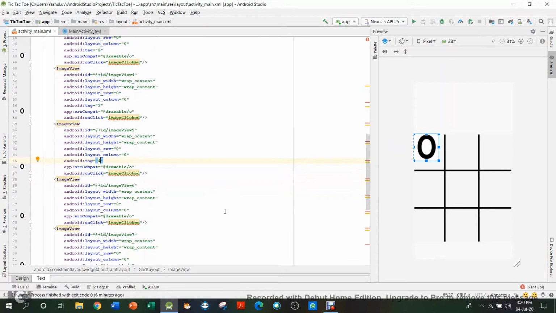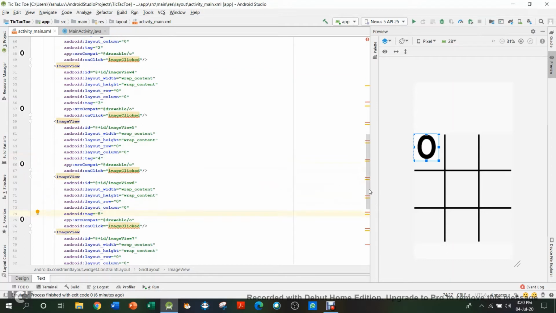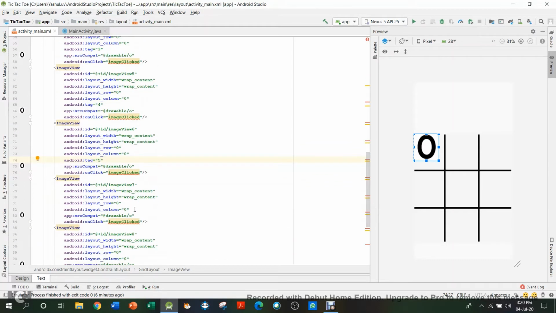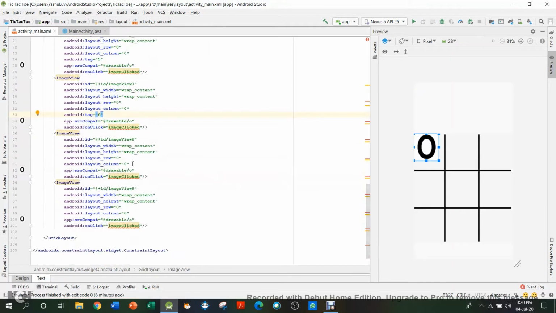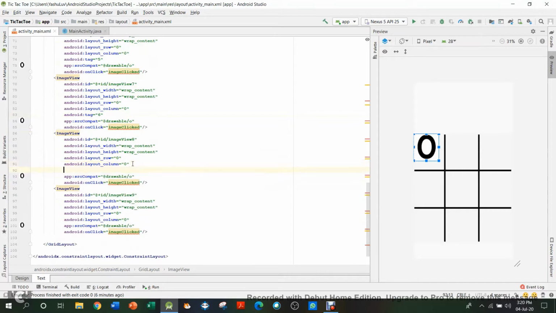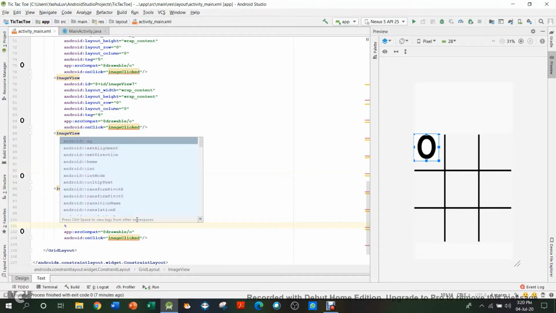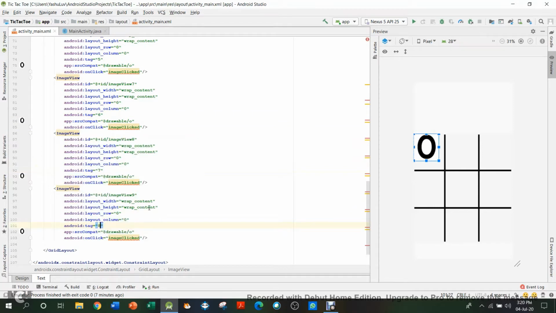So we'll just add all the tags. 4, now 5, which is our 6th, and tags always begin with 0, so make sure about that. Tag 6, just 2 more to go, tag 7, and finally tag 8. And now here add row 2 and column 2, then over here do column 2 and row 1,